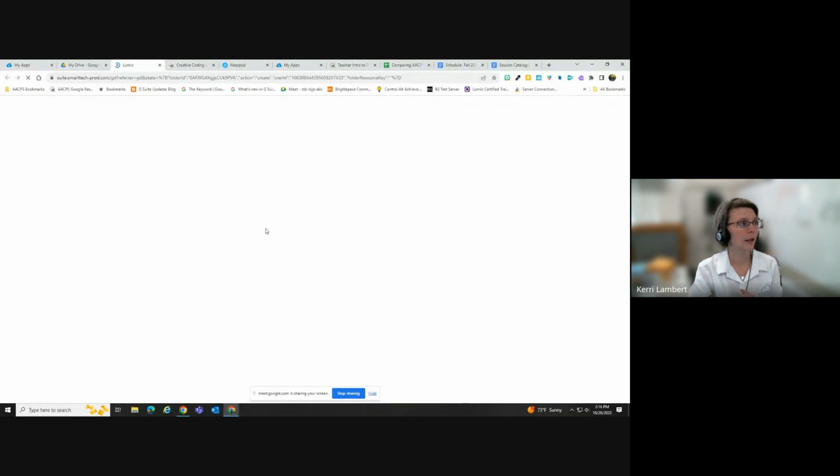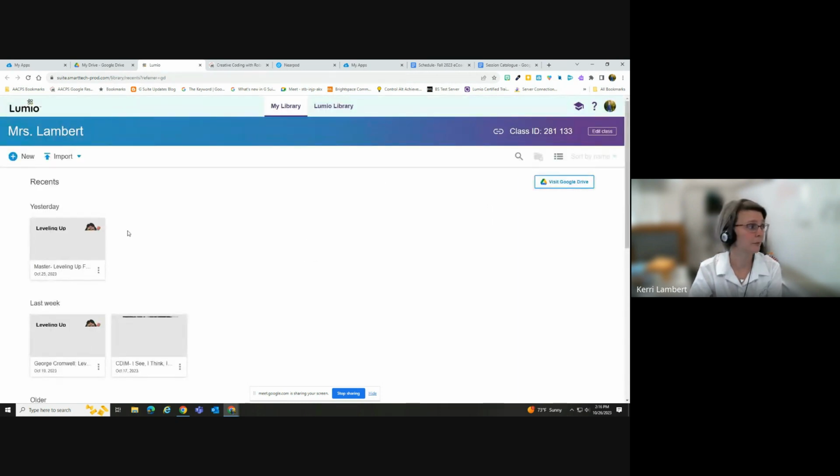And when I get there, let's see if I close a couple of tabs here. It's thinking. I'm going to have the option to create a new lesson right here in the top left-hand corner, New. And again, the directions for all of this are on Teacher Intro. So when I hit New,